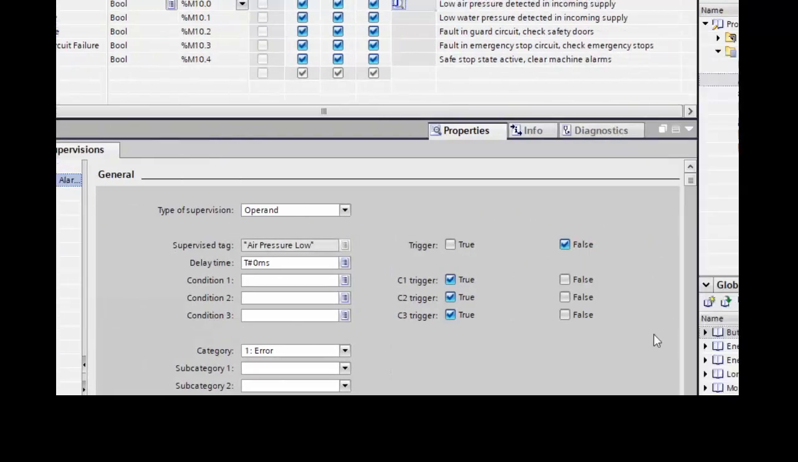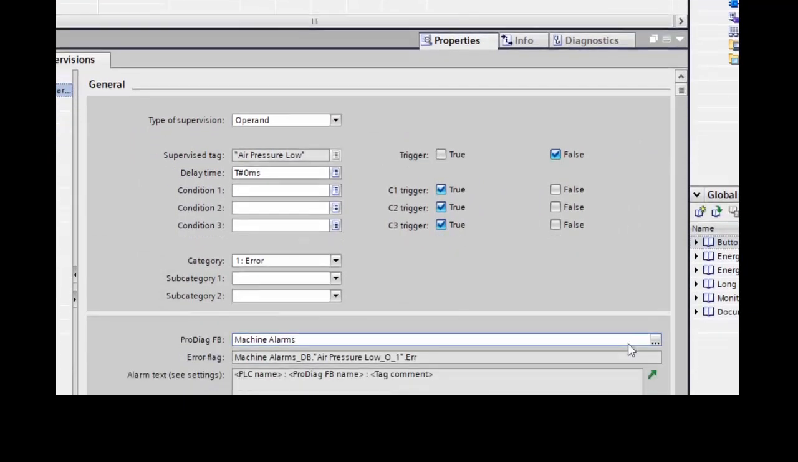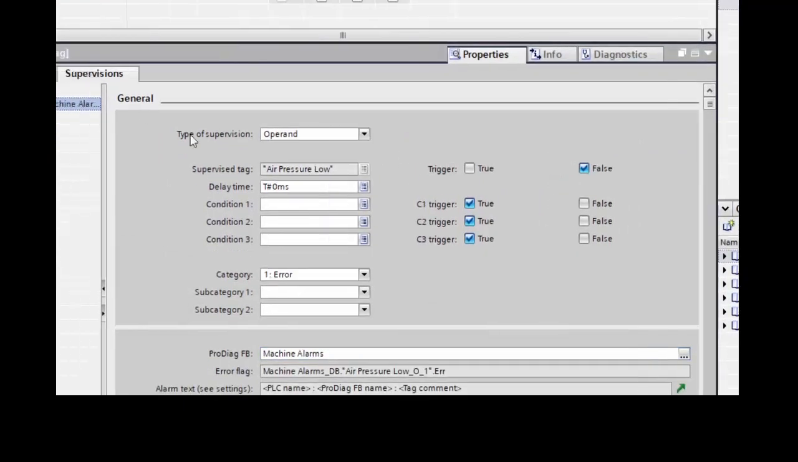And then in the main area where we start to configure it, we have a number of different options. So the top one is the type of error message this is. There's a number of different error messages depending on machine states, and these can be chosen to match whatever the type of error is in your system. So for example, if we're looking at a guard status, or an item falling off a belt, or a task that an operator needs to do, we can choose one of these different supervisions. And then ProDiag is going to categorize the alarms for us